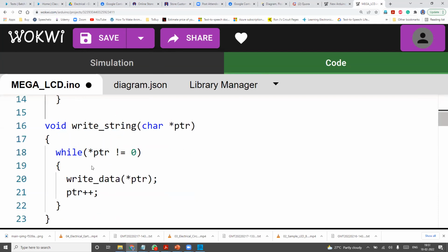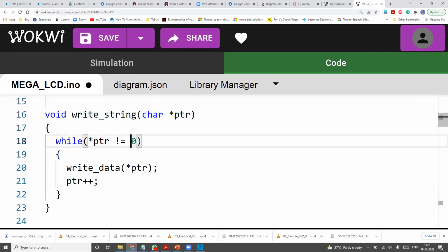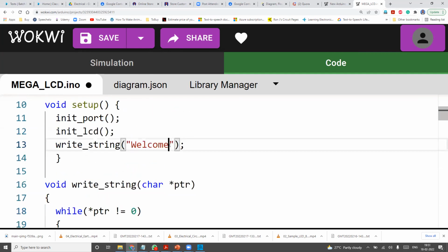Now here I do it in the loop. This is what I asked you to do in C programming. If you're good at C programming pointers, you will understand this. It's quite simple. This is a string, and a string ends with 0. If I change this to welcome to Ethan, first we see welcome, then we see the rest. So now let us